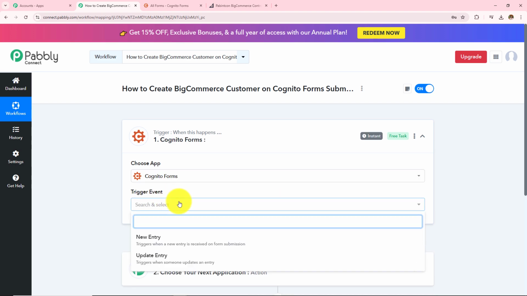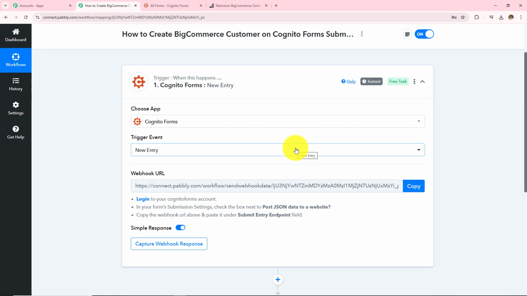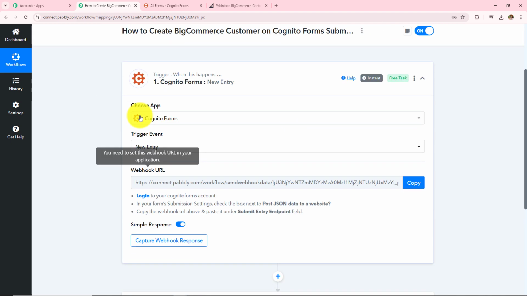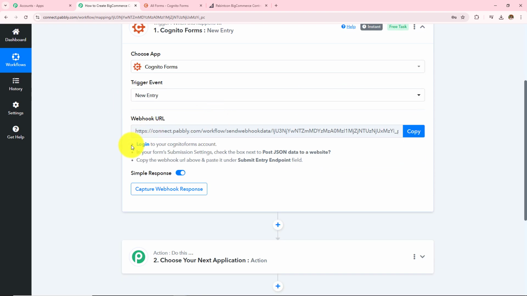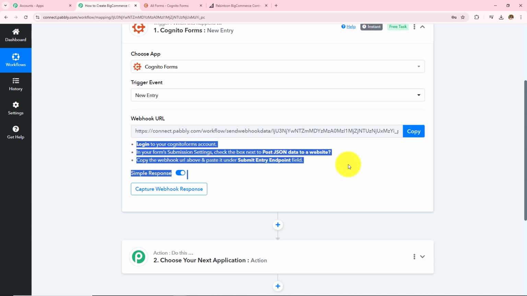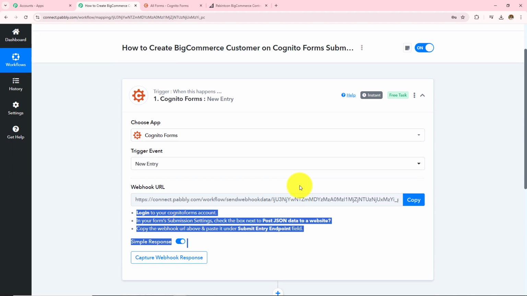And then in my trigger event, I am going to take this new entry. Now I need to make a connection between Pabbly Connect and Cognito Forms, for which a webhook URL is provided to me. And this URL is going to act as a bridge to connect my Pabbly Connect with Cognito Forms. So reading this help desk, I am going to make this connection, and to make this connection, let me open